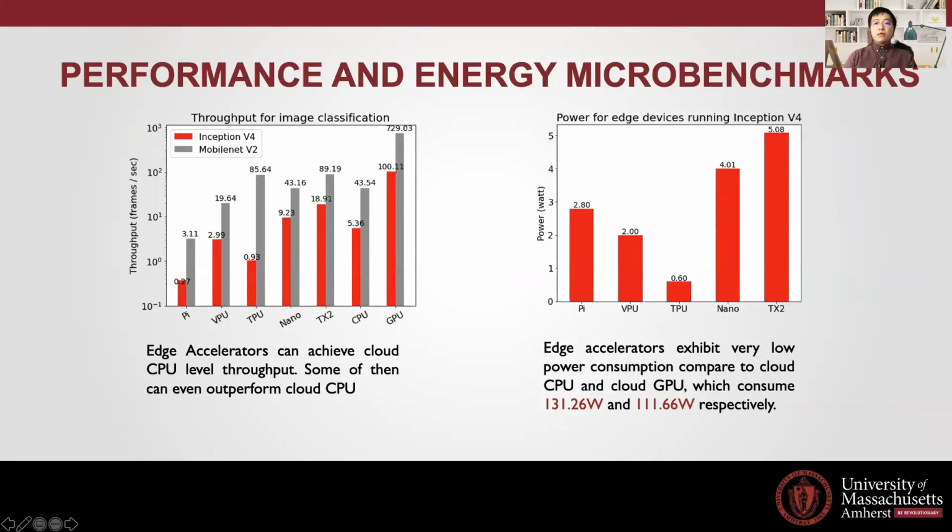Not surprisingly, the cloud GPU achieved the highest throughput and the edge device has the lowest throughput. Cloud CPU has a 10x higher throughput than Raspberry Pi, but interestingly, most of the edge accelerators can achieve similar throughput as cloud CPU. We also measure the power consumption of the accelerators, and the results are shown in the